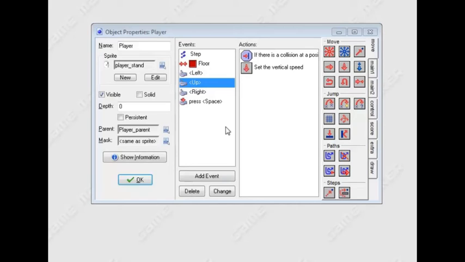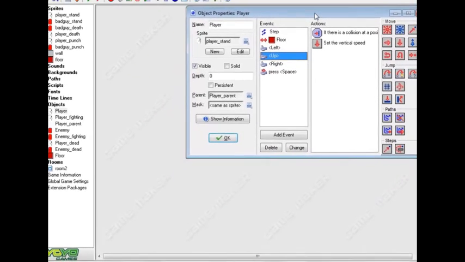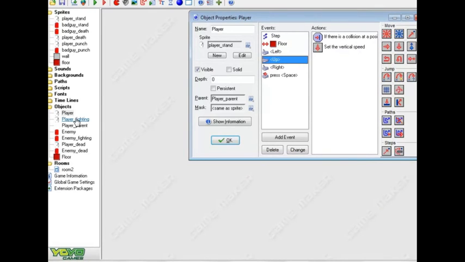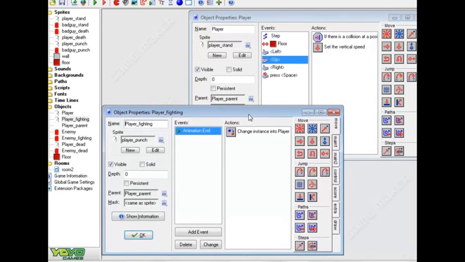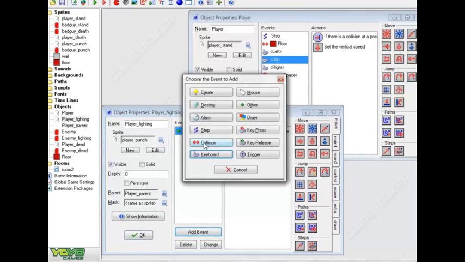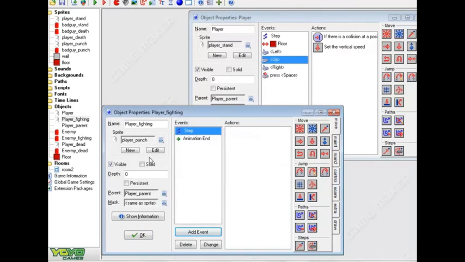So now we've got that set up. Now one mistake that could happen is that when we're clicking the player fighting, and we're trying to jump at the same time, it's not going to happen. So I'm going to have to set that up. So when he's fighting, we've still got the up section. So I'm going to move it to the side a little bit, and I'm going to open up the player fighting. Move that down a little bit here, and I'm going to set up add event step in the fighting